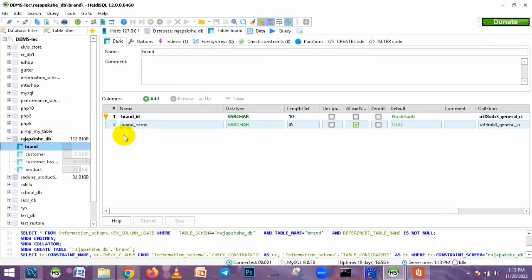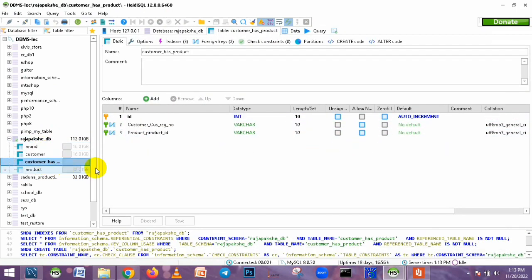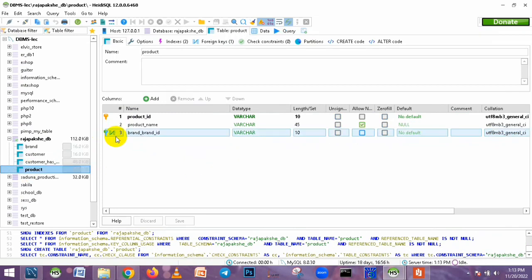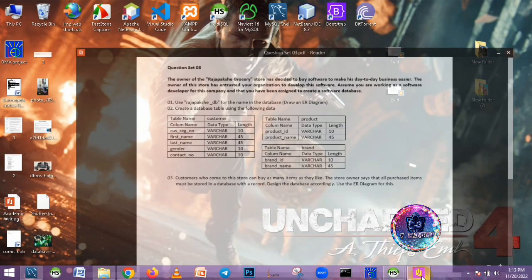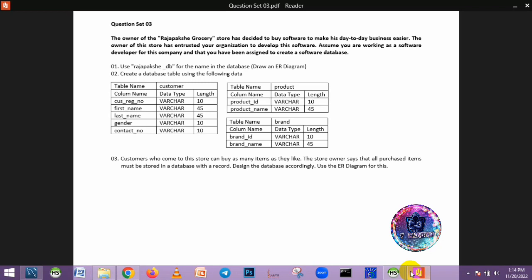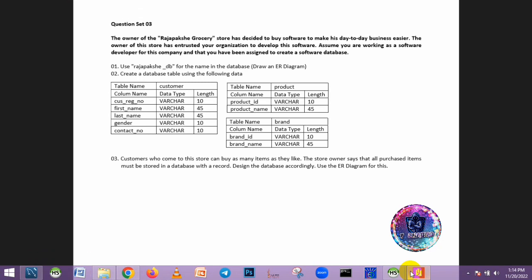There's a brand table here, and also a customer table here, and customer has brand. And also there's a product table. The product table has brand ID as a foreign key, and we are good with that ER diagram design. Now I think you can successfully understand how we can draw tables in an ER diagram, and how to connect them with relationships. And now you can also understand what functions we can do when we are using